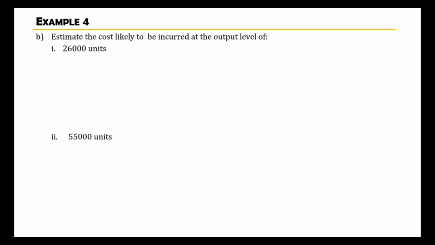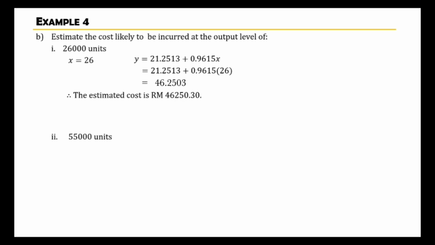B, estimate the cost at the output level of 26,000 units. So 26,000 units means x equal to 26 as the data is already in thousand. So x equal to 26. And we have the equation of straight line is y equal to 21.2513 plus 0.9615x, where x is 26, and this gives us y equal to 46,250 and 30. So the estimate cost is Rm